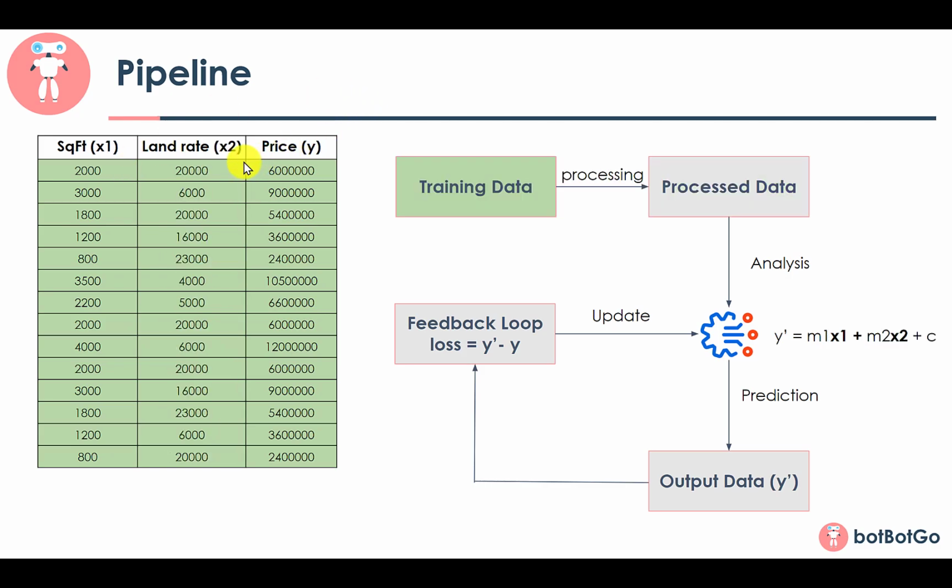And if you see here, I've taken land rate as x2. In order to convert location into land rate, there is some kind of pre-processing that needs to be done. And this pre-processing would also be part of the pipeline. Apart from this pre-processing, you might also have to clean the data. For example, it could happen that you have thousands of data points, and at some data points you have some missing land rates or some missing square feet sizes. In such cases, maybe you want to remove these data points, and this would be part of data cleaning.